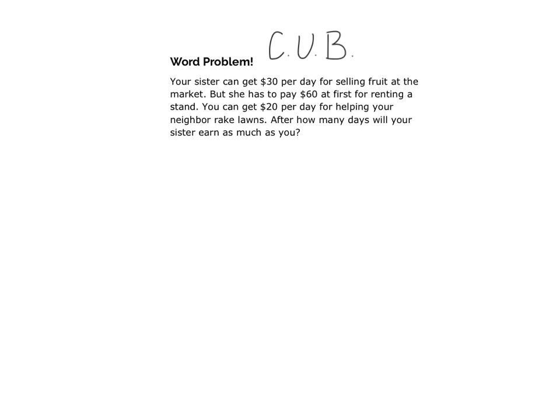So our first step, our C, stands for circle numbers. So we're going to circle 30, 60, and 20. The next thing it asks us to do is to underline what it's asking us to do. So after how many days will your sister earn as much as you? So I want to know after how many days will me and her be equal? The final thing that we need to do is put a box